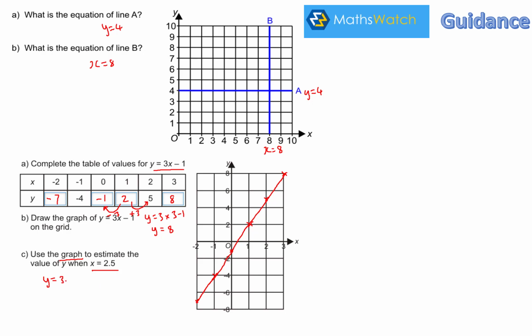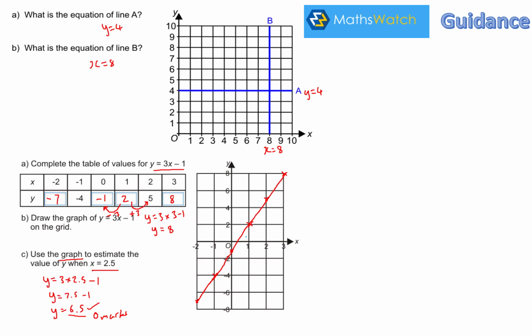So I'm going to do 3 times 2.5. This equation here, because that's where x is. Then minus 1. So I know 3 times 2.5 is 7.5. Minus the 1. Y equals 6.5. That is the correct answer, but you'll get 0 marks. Why? Because you didn't use the graph. It says use the graph to estimate, so you've got to use the graph